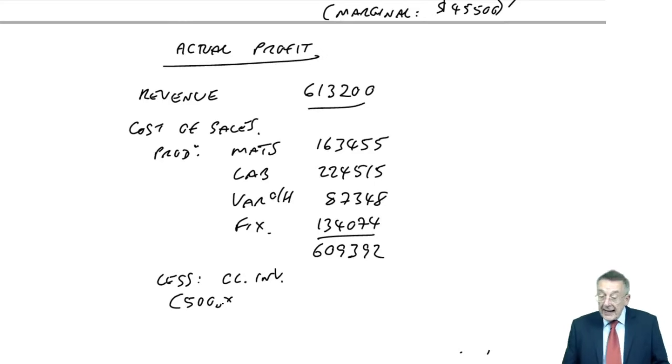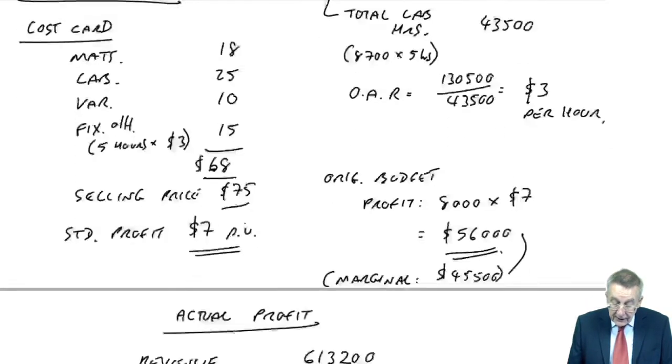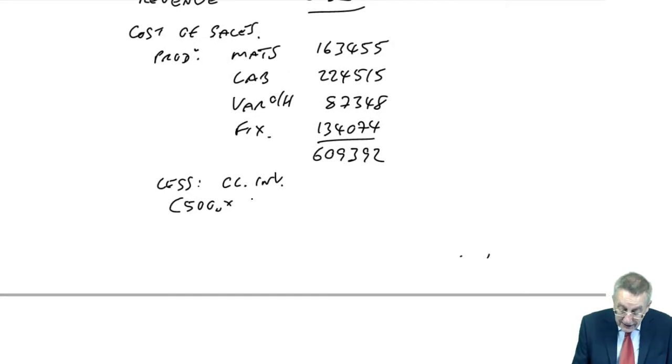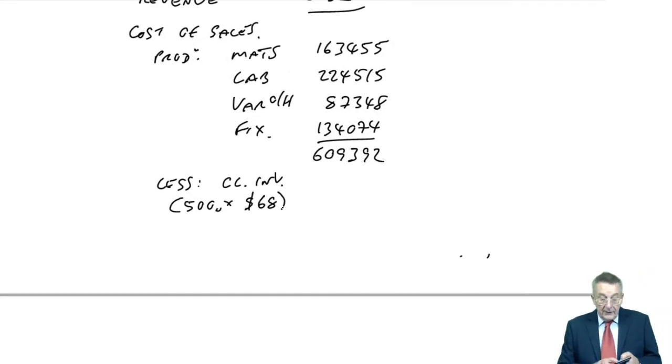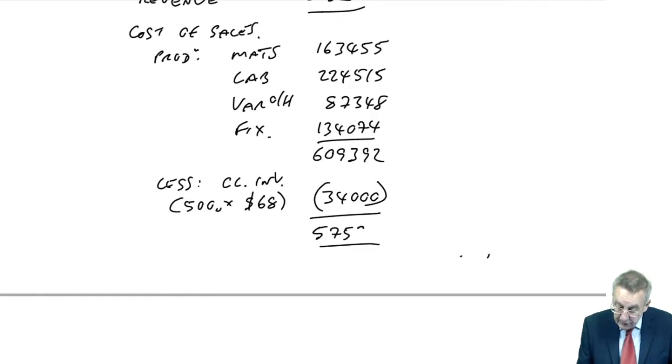But since we're using absorption costing, the standard cost is $68 a unit. So 500 at 68 is 34,000, giving us a cost of sales of 575,392 and a profit therefore